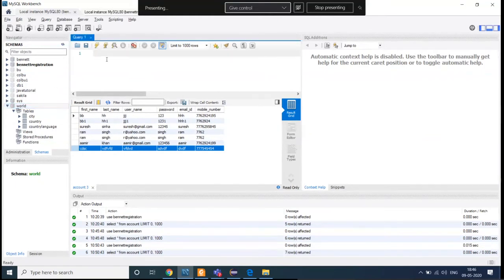So if I want to use this database and execute some query, I have to write use and the database I am accessing. I am accessing the World database. Okay, so this is the database I am using, and inside the database you are accessing some table. Suppose I want to access my city table. In that scenario, I have to write a query. The query is select